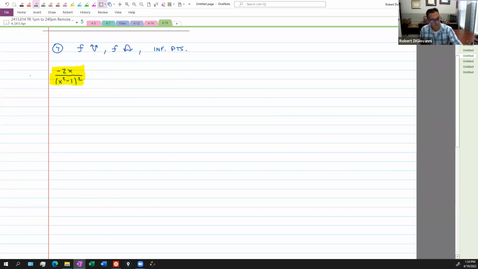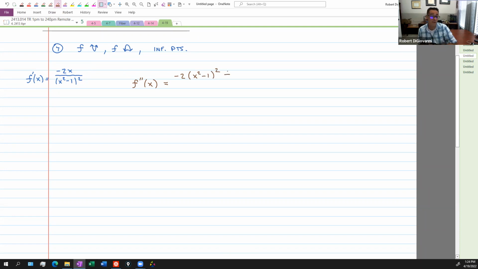Okay, so this is our first derivative right here. And now I'm going to take the derivative of the derivative. Yuck. Okay, here we go. I'll do it in brown. The second derivative of this function, quotient rule, is the derivative of the top, which is -2, times the bottom, which is x squared minus 1, the entire thing squared,